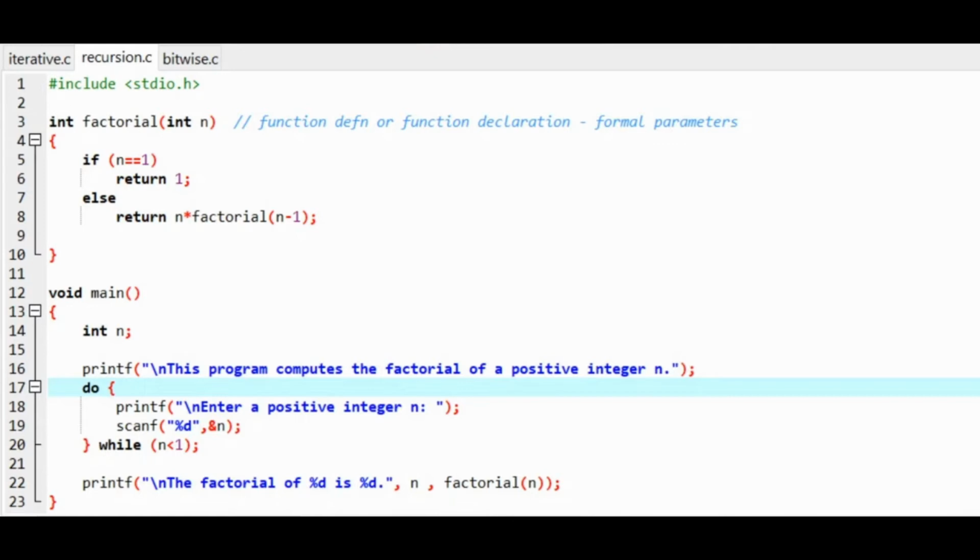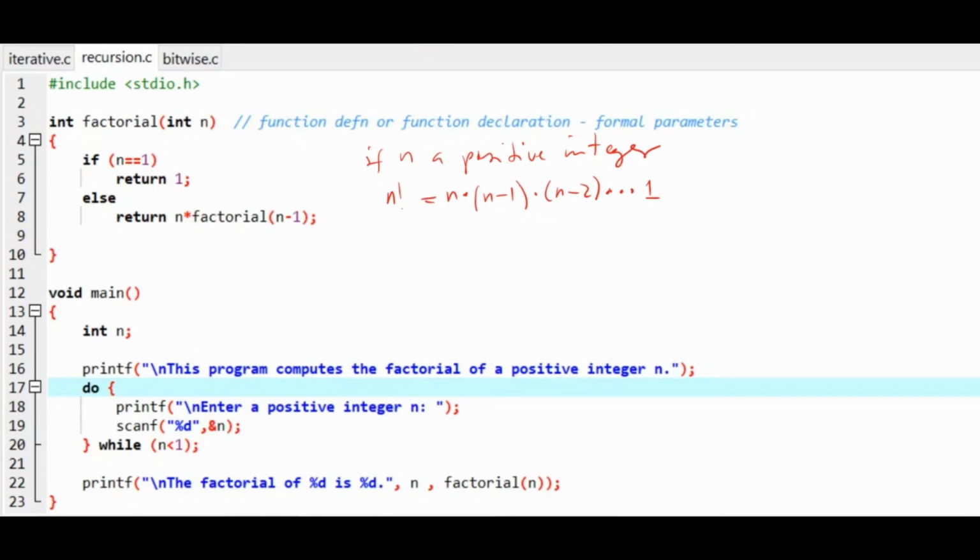So before we could write a recursive function, we need to recall the recursive definition of this problem, factorial of n, in mathematics. So let's recall in mathematics, if n is a positive integer, n factorial is defined as n times n minus 1 times n minus 2 times up to 1,